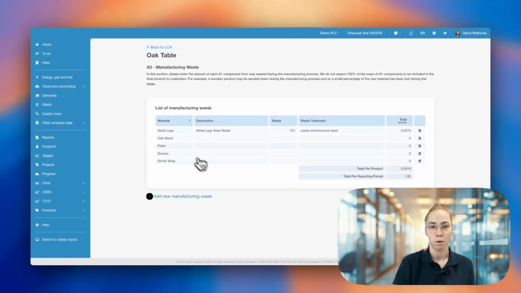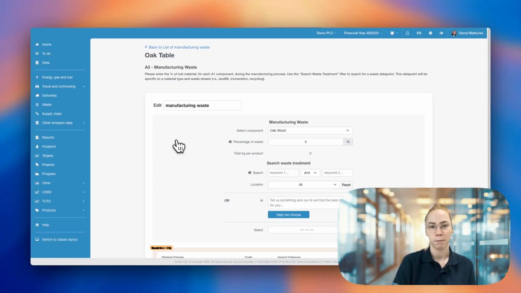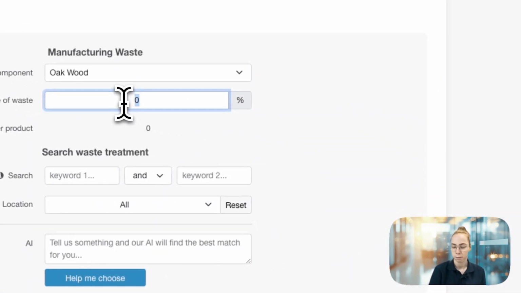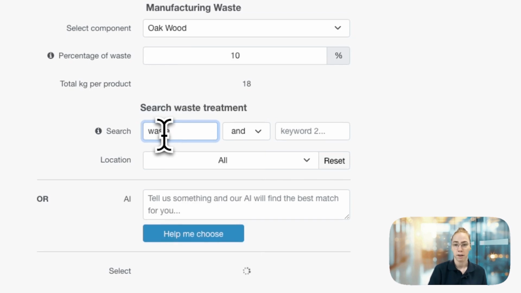So we could go into oak wood, which would be things like offcuts, trimmings, sanding wastes, stuff like that, right? Yeah. So we expect the wood you've ordered for the table is going to get cut into a specific shape, and some of that just won't make it onto the final product. So again, a similar process: we can name it if we wish to, state how much waste wood we expect to see. So if I put 10% here,